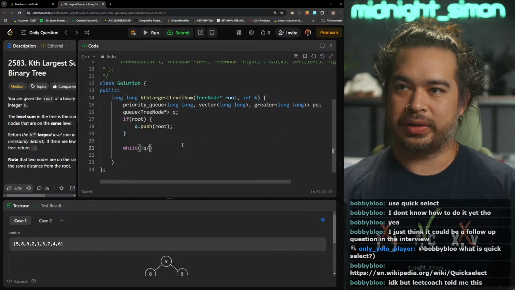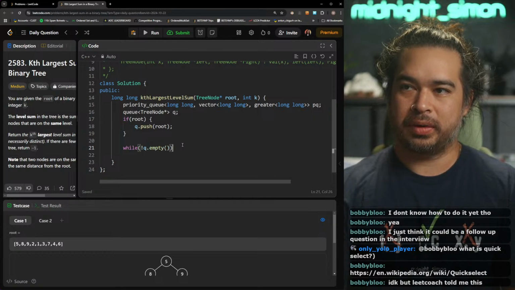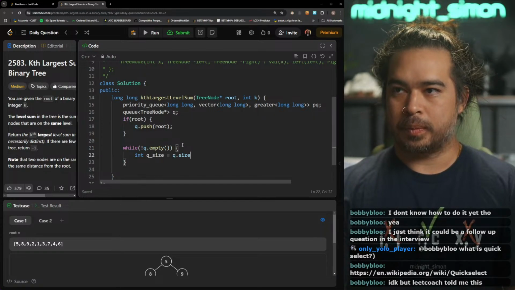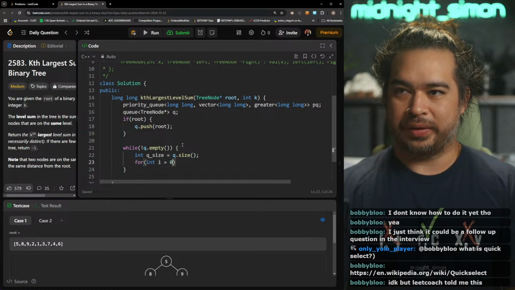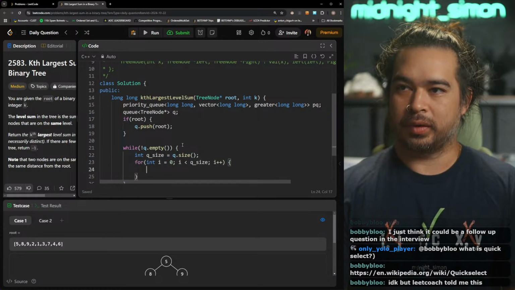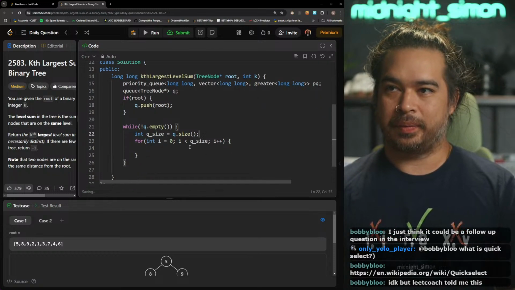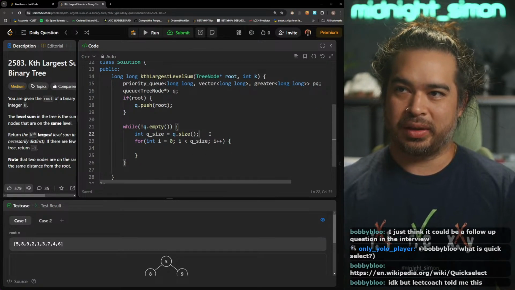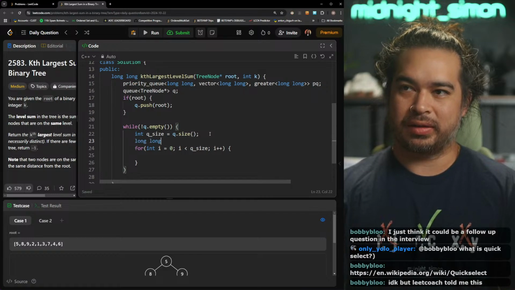So while there's something in our queue, let's do a level order. And then, all right, this is gonna be the sum of the level sum.